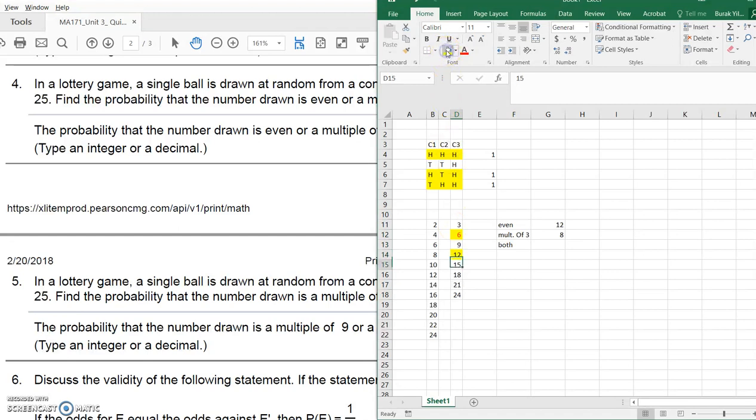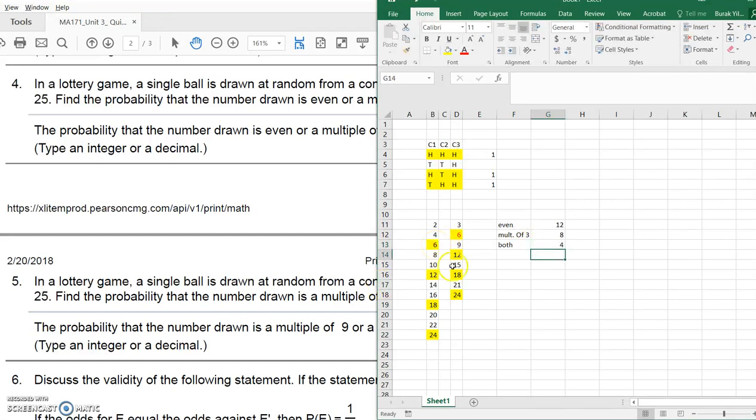So what I need to do is either eliminate them or count them again and subtract from the sum. So 6, 12, 18, and 24. So there are 4 numbers